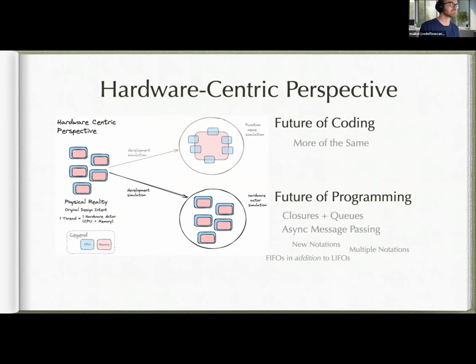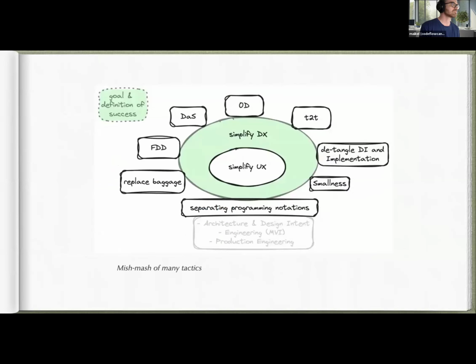Originally, CPU ICs were designed to be non-reentrant and not to be thread-safe. The idea was to have networks of many hardware actors. But cost-cutting caused us to move away from those ideas. Cost-cutting forced us to use shared memory and to create development systems that needed extra software to fake out the function-based paradigm. In 2024, we can cease to cut these kinds of costs. We can waste machine power to create development workflows that are more like the model of hardware actors. The goal is to simplify DX, developer experience.